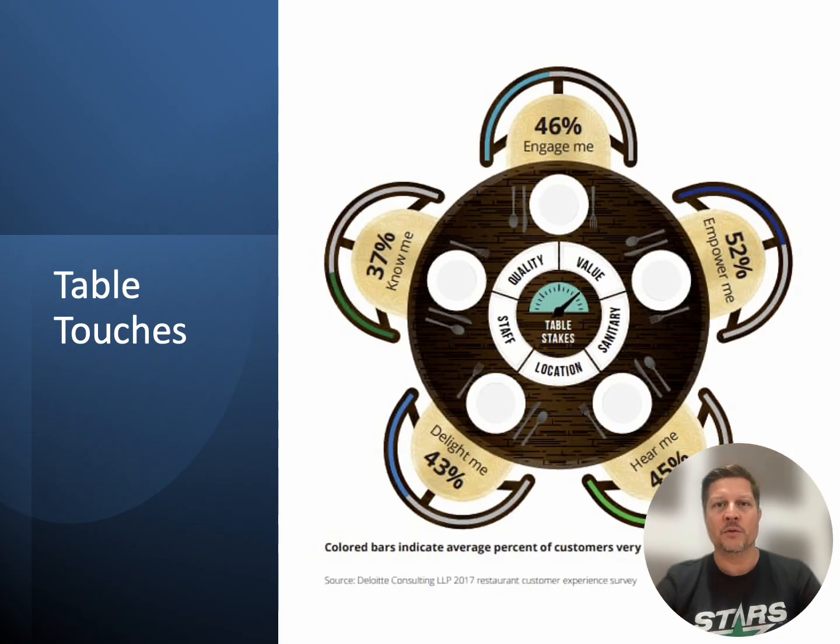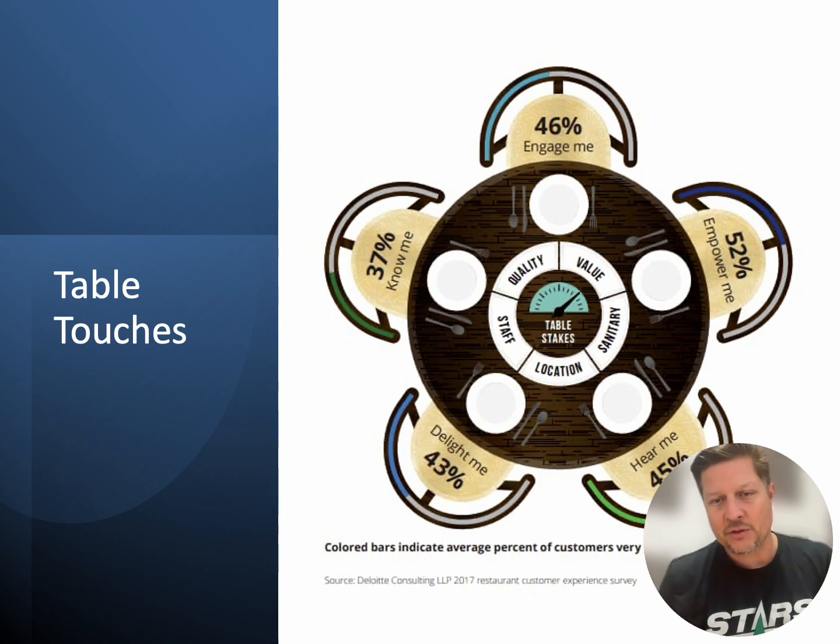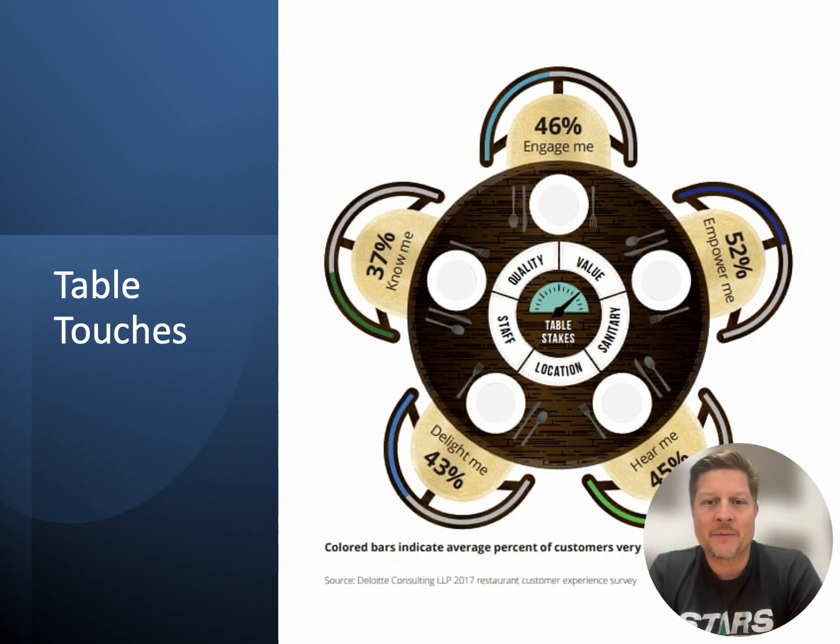So when a manager goes by tables and checks in and demonstrates that they are a manager or a shift lead, so they're that extra layer of support, the customer feels like there's an awesome team giving that 5-star service, right? So the purpose is to connect with the customer and understand what their experience is at that time and then solve anything. So sometimes, let's look at the picture, 46% of the time, they just want to be engaged. They just want to know that there's someone there and that you're engaging them, okay? And that there's a layer of support.